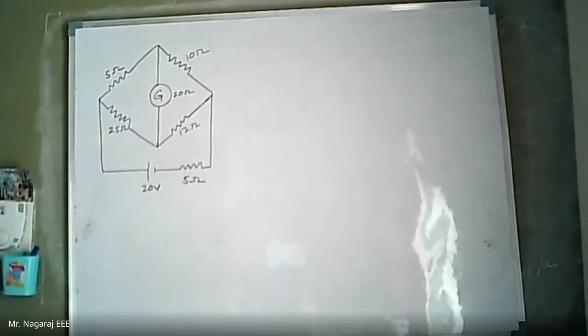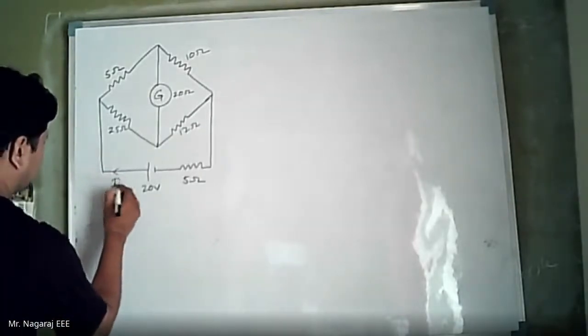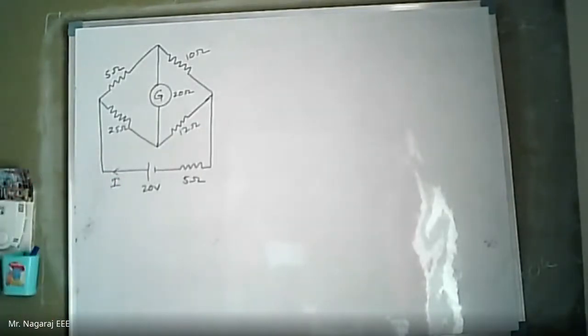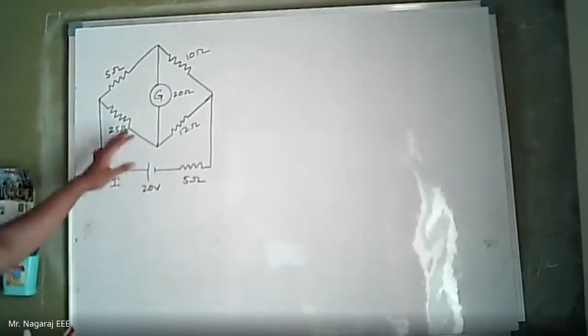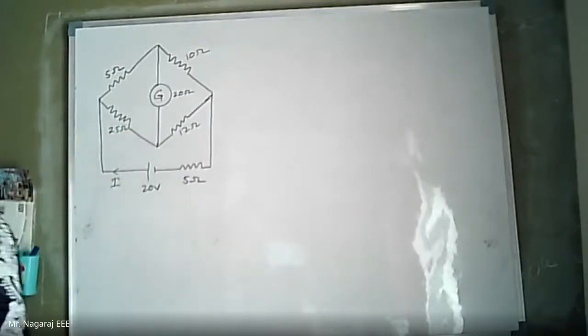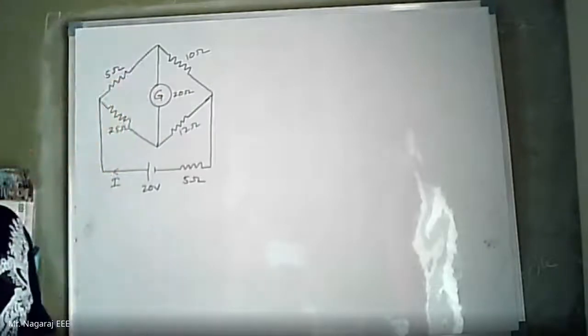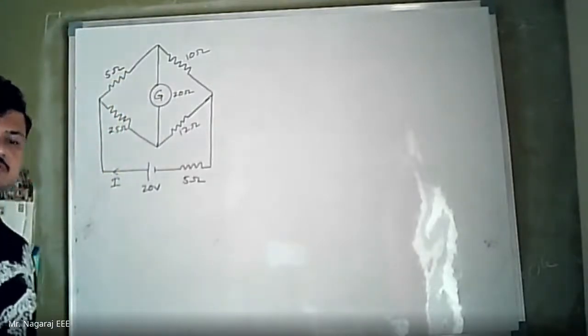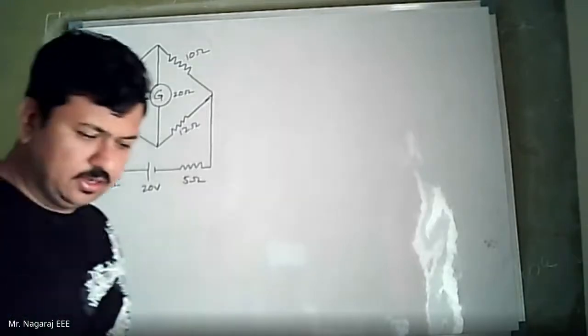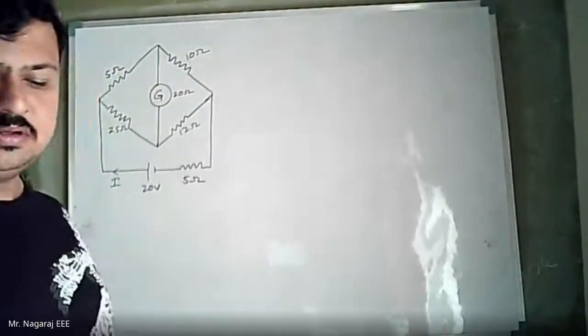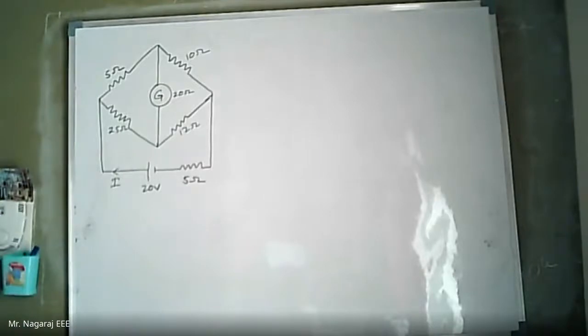So this is the circuit shown. I have to find the total current delivered by the source. Obviously by using star delta transformation. There is one more way: I can go for mesh analysis or node analysis, but as of now we haven't seen mesh or node analysis, so we will not use that. Or in the statement, you can extend it: find the total current delivered by the source in the circuit shown below using star delta transformation.